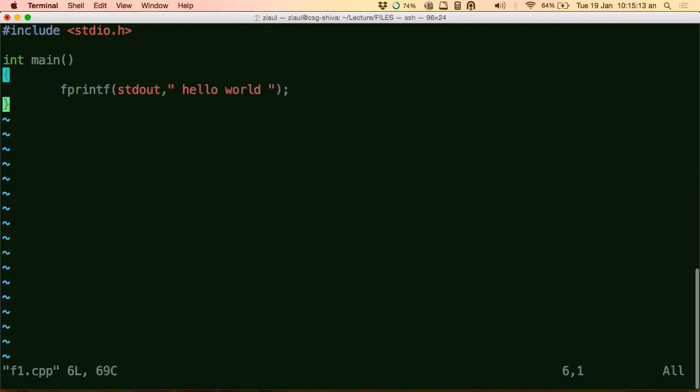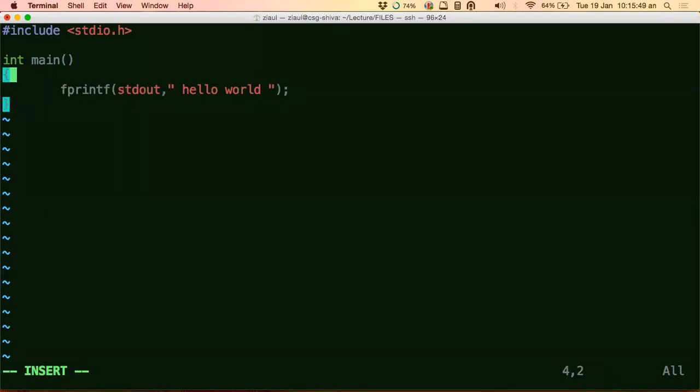See, now we are doing something that printf does implicitly. printf puts this stdout internally inside its implementation. But here, since we are using fprintf, which is a very general printf, I will come to the fprintf usage after this. But fprintf is this general function which you can use to write to any file, not only standard output. That's why you have to explicitly say, I want to write it to standard output. So that's why you have to say stdout.